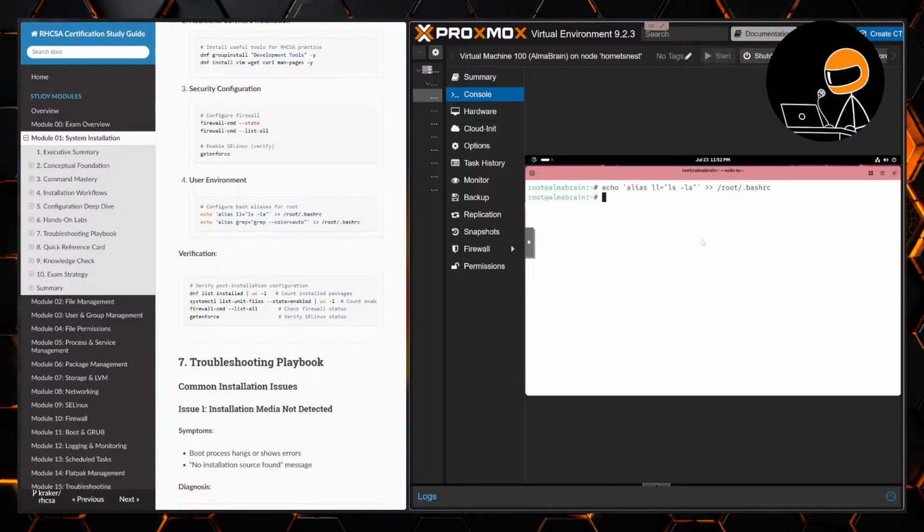And we're going to also change the color. When we use grep, we're going to do --color=auto. So grep, and we're going to change that so that grep outputs color on auto, and then append that to the